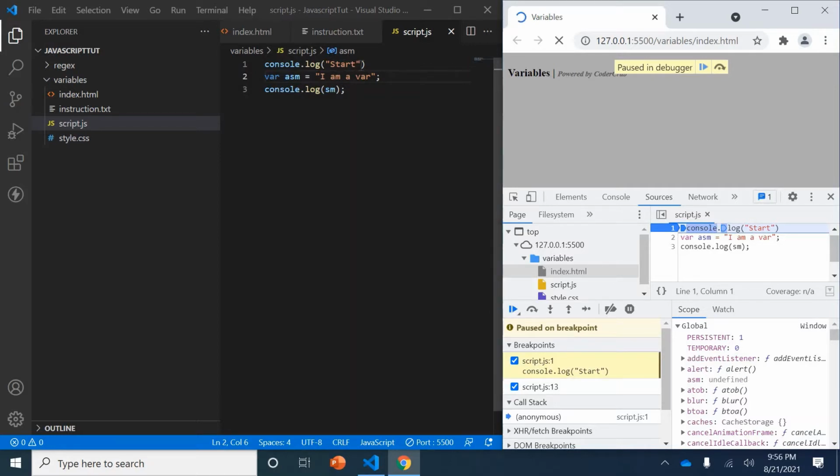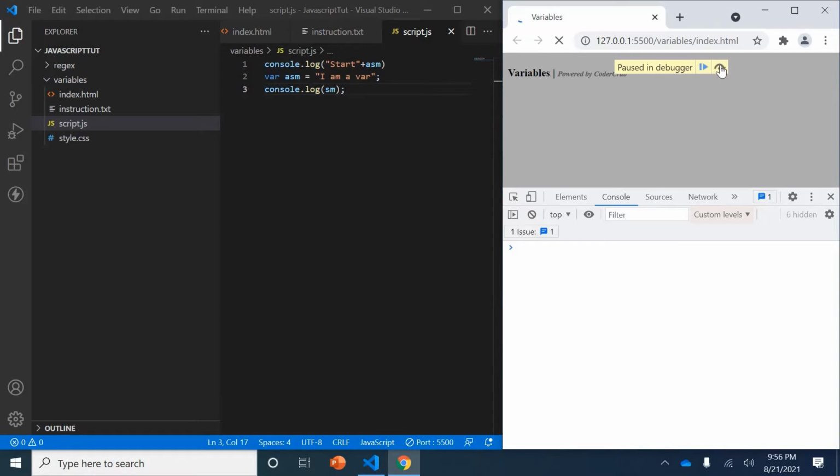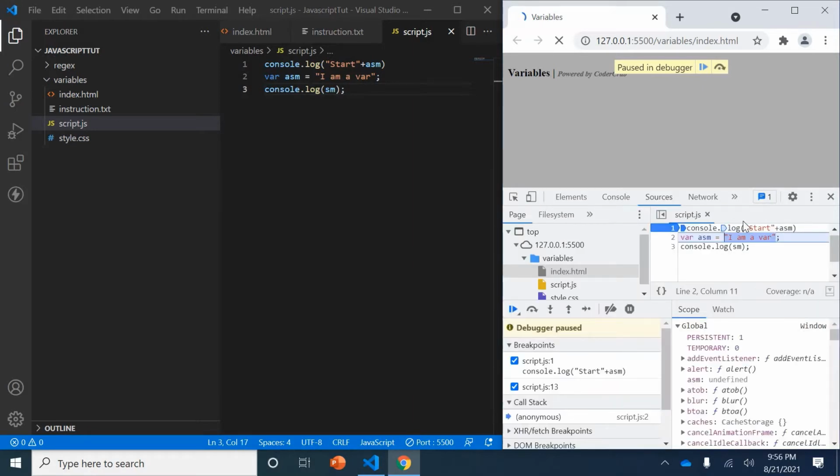So if I put asm here and execute, what will the output be? Let's go one line. I have just executed the first line, line number 1.